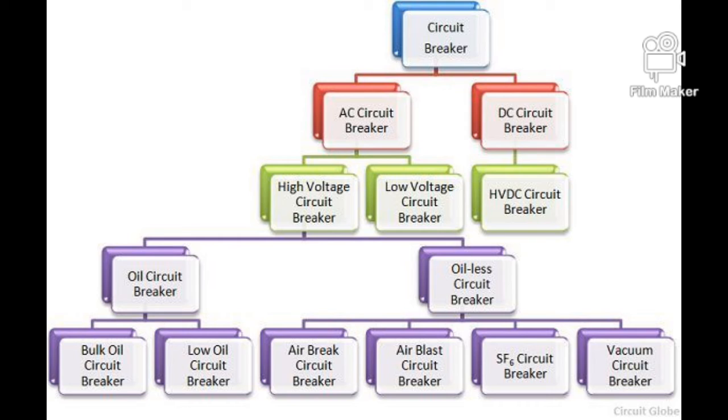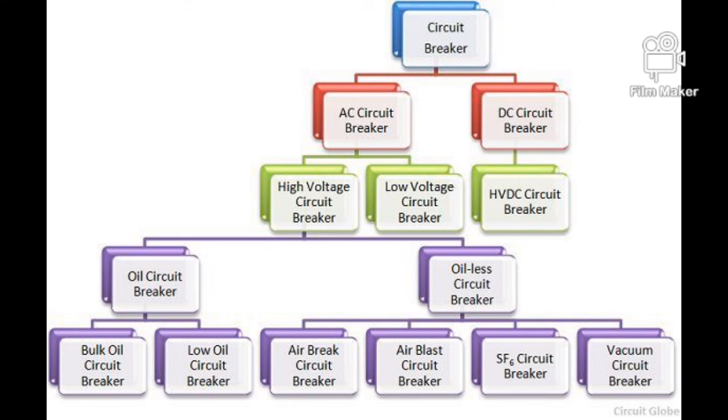Under the DC circuit breaker is the HVDC circuit breaker. In AC circuit breakers, there are high voltage circuit breakers and low voltage circuit breakers. High voltage circuit breakers have two types: oil circuit breaker and oilless circuit breaker. Oil circuit breakers are bulk oil circuit breaker and low oil circuit breaker. Oilless circuit breakers are categorized into four types: air brake circuit breaker, air blast circuit breaker, sulfur hexafluoride circuit breaker,